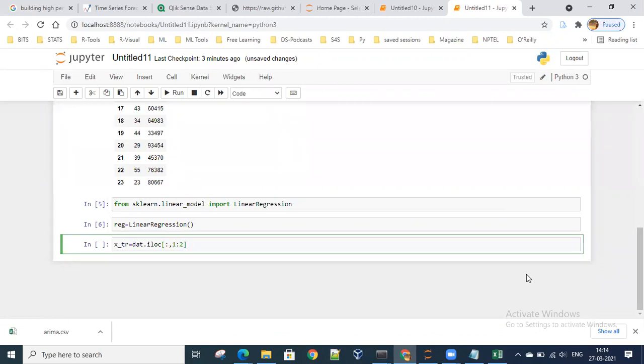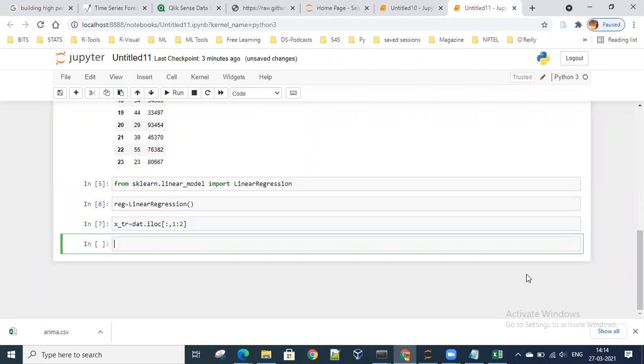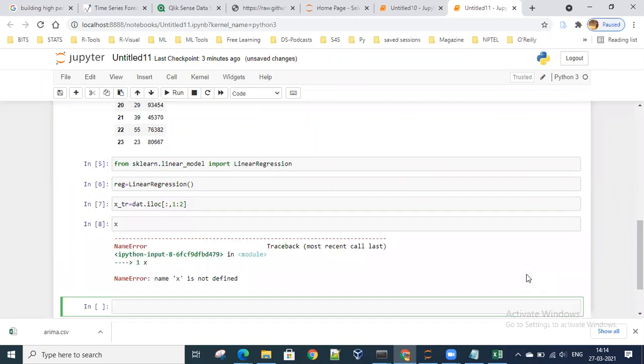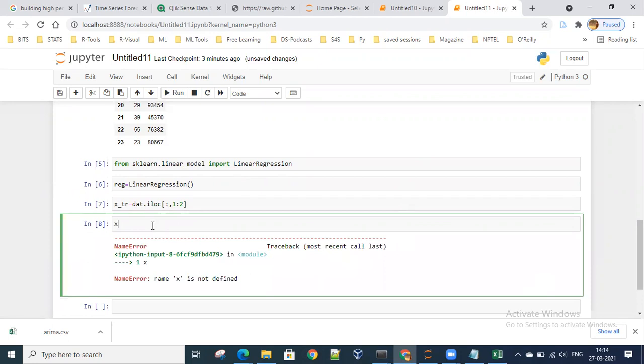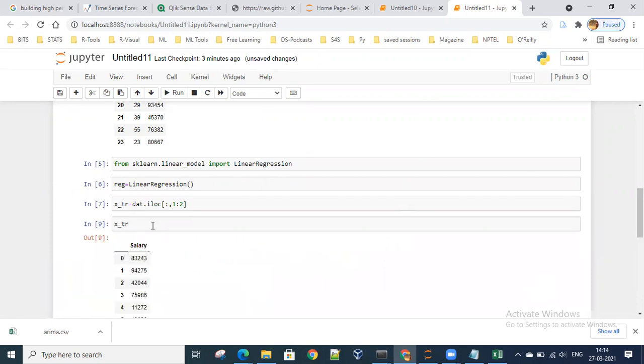So this will contain one automatically. Let's say x. So x will be age.